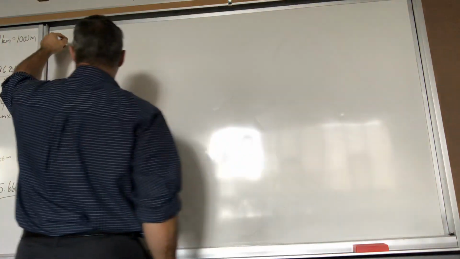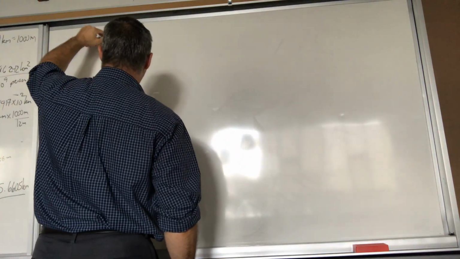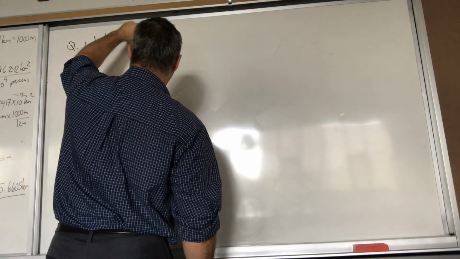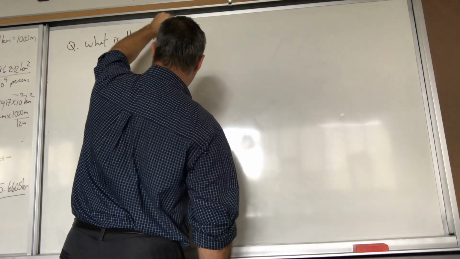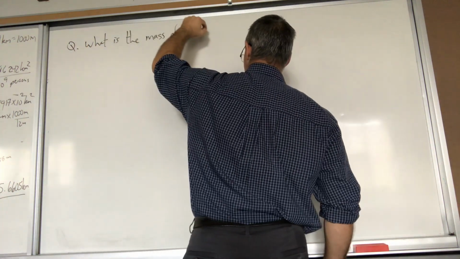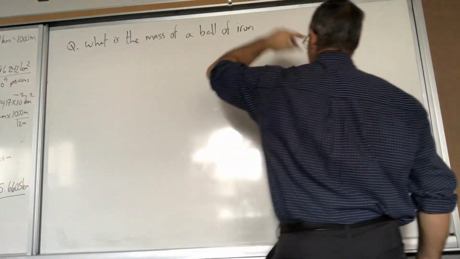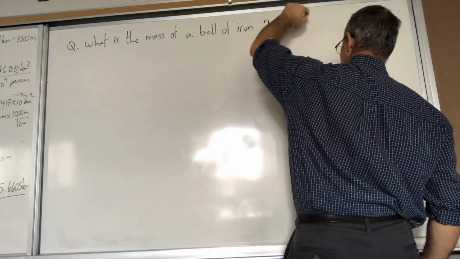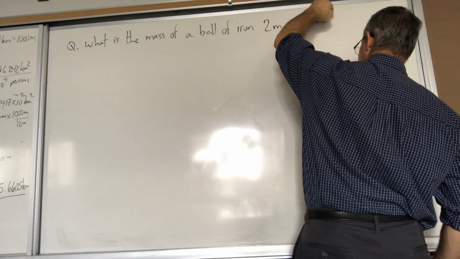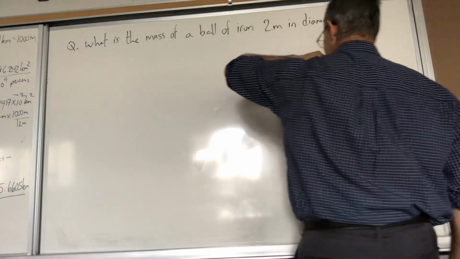Question. What is the mass of a ball of iron 2 meters in diameter, given that